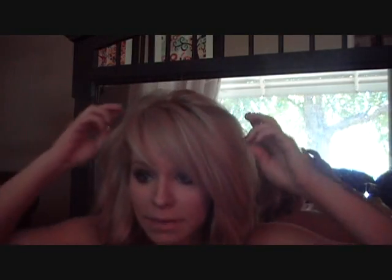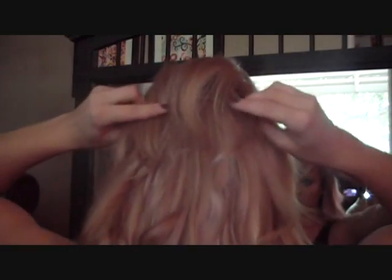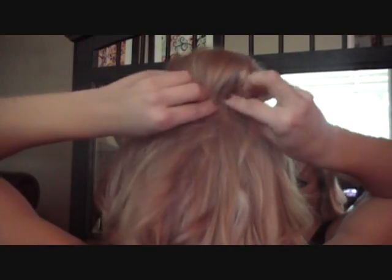So what I'm gonna do is this. I'm gonna take this top section here, just about from ear to ear, and I'm going to grab it, and I'm not gonna go all the way to the root, remember. I'm just gonna grab some of this hair. So let me turn around and kind of show you what's going on in the back too. All right, so I'm just gonna grab this top section. I'm trying to make sure I'm in the film. I'm gonna grab this top section of hair